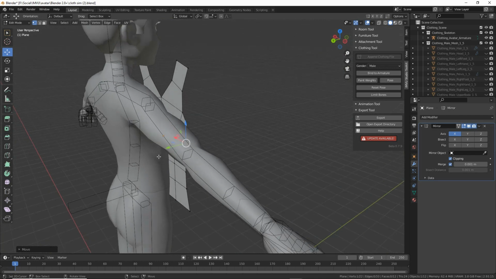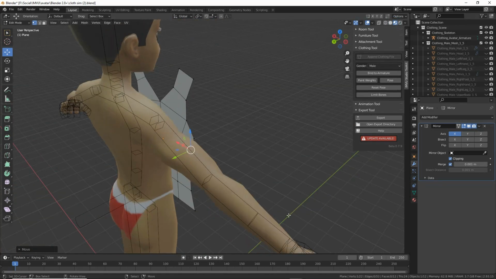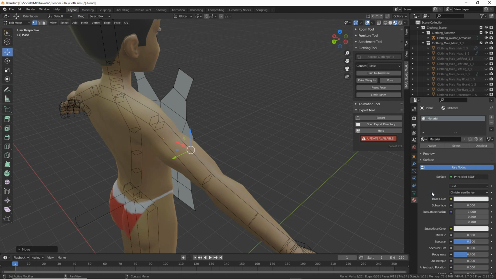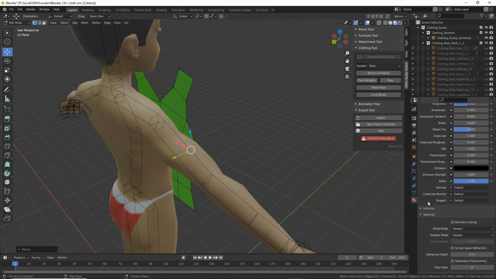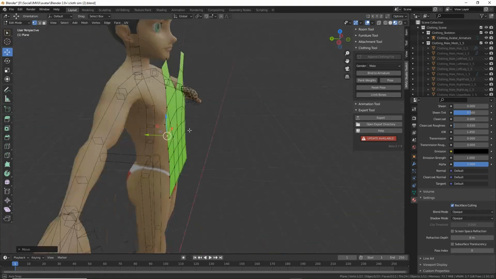What we can also do to make this easy to work with, let's switch to Material Preview. Material Properties. Click on the Browse, there's the base material. Add that, assign it. We can change the color if we want. But what we want to do here is scroll all the way down to the bottom and enable backface culling. This helps us